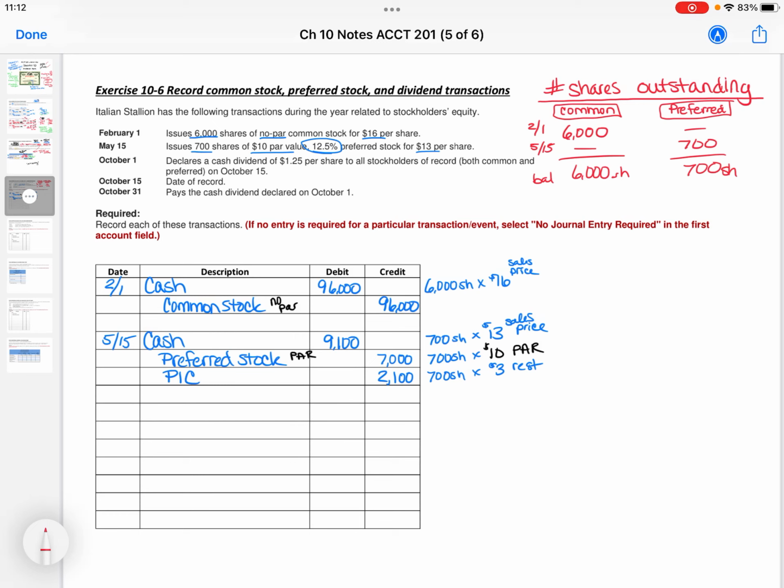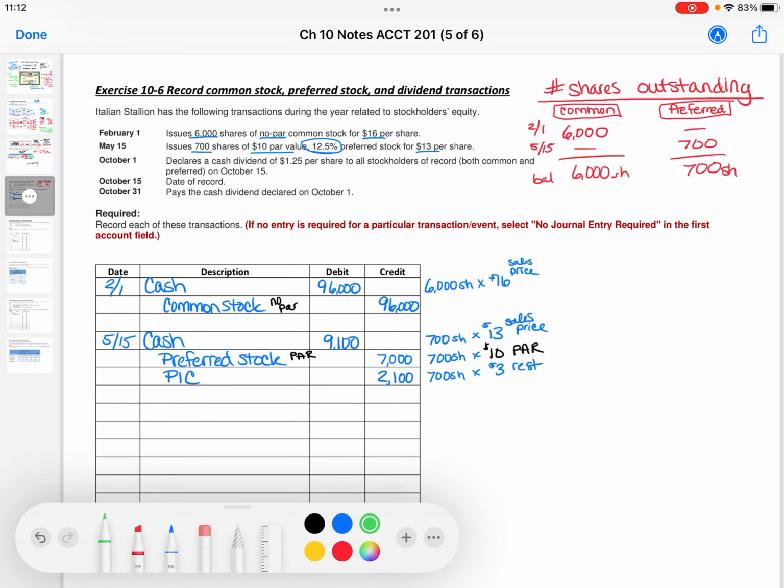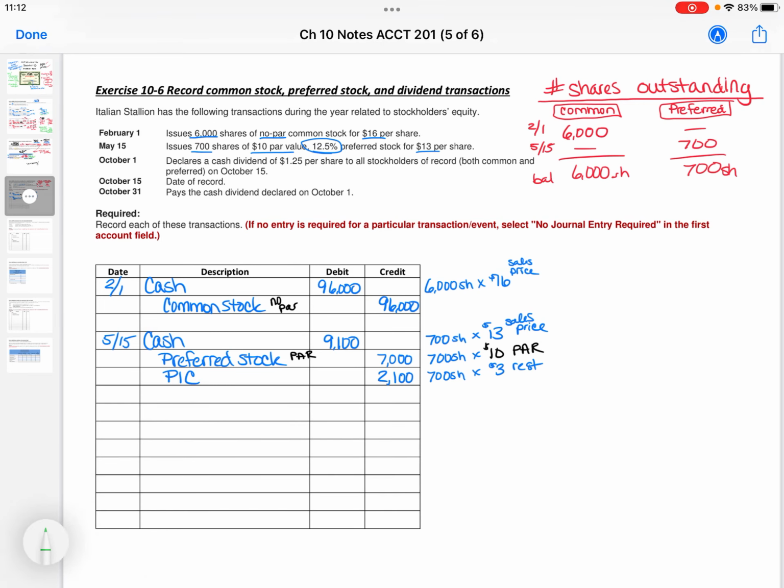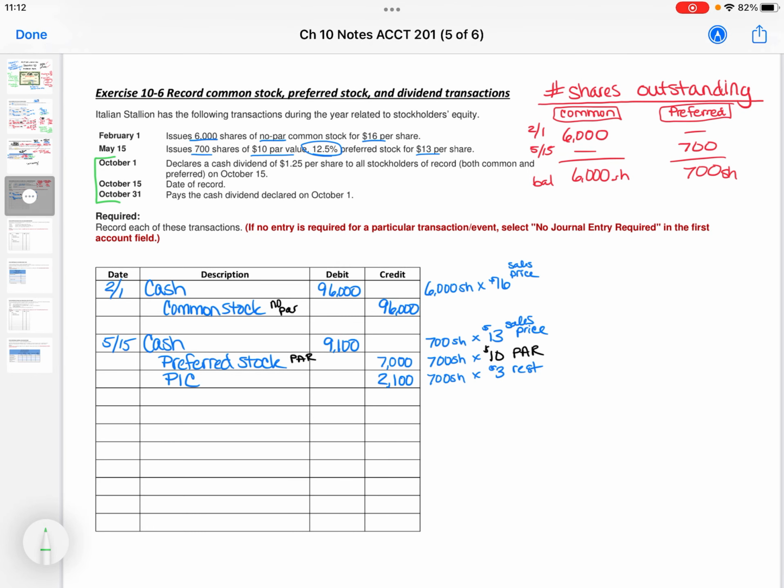Okay, now back to what I was just mentioning: what do we do with these dividend dates? So there's 3 dividend dates. The first date is the date of declaration, the date that we declare that we're going to pay a dividend. Now we declare the dividend, the board determines it, it's all approved, and they determine how much and on what date will be the date of record. And then of course we go through the paperwork to actually cut the checks and get it sent, right?